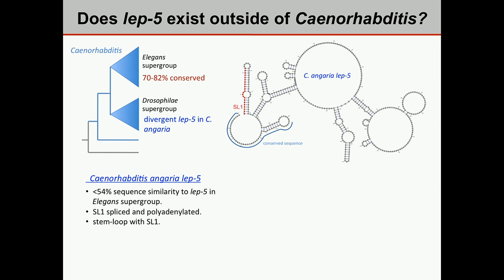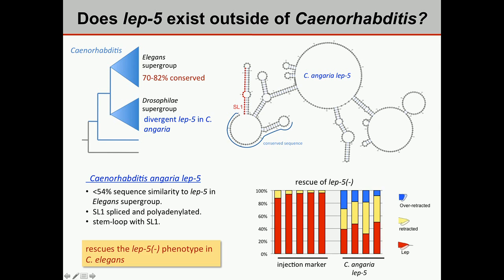It produces a transcript which is SL1 spliced and polyadenylated. It's 54% similar to C. elegans. We reconstructed the structure. It's not very similar, but as you can see here, it has that stem loop. So we expressed this in our mutants, and to our delight, we saw that it actually rescues the phenotype. So this is Caenorhabditis angaria LEP5. We think that we can't find this anywhere else because it is difficult to use sequence similarity alone to identify